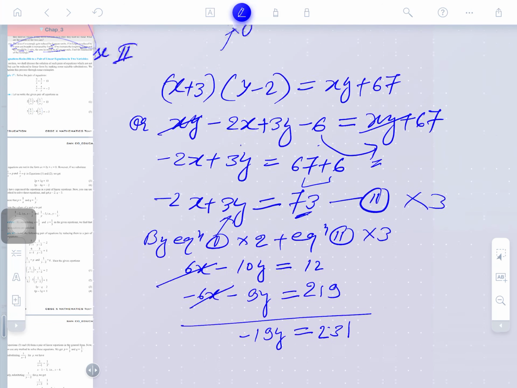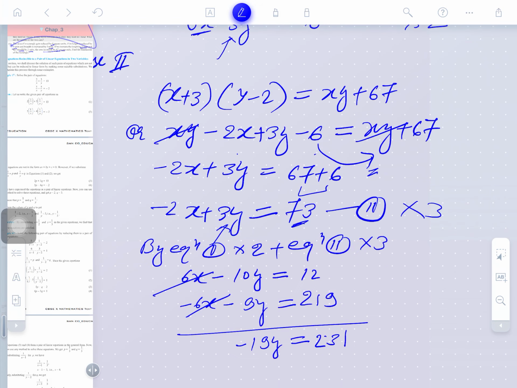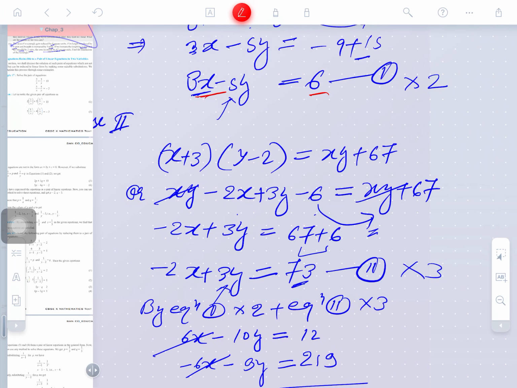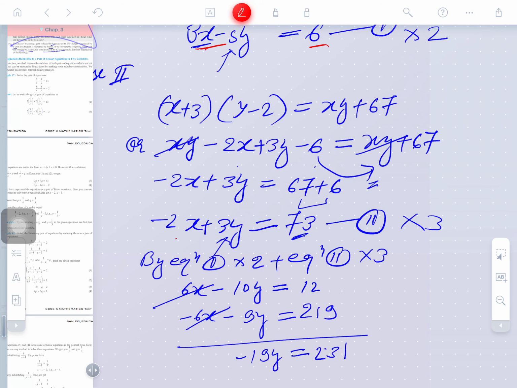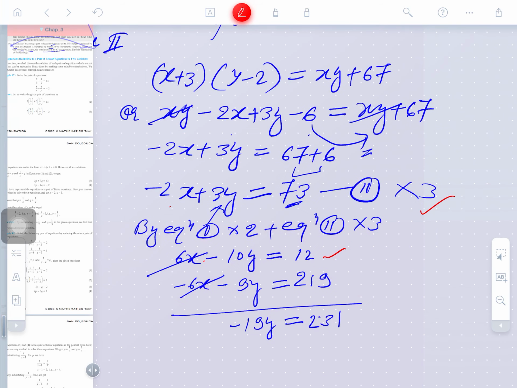So can it be cancelled here? Tell me please, what is coming here? 3x minus 5y is equal to 6, and 6x here. So here you may see the coefficient: 3x minus 5y is equal to 6, and the second equation is this, minus 2x. We are making the equation, so we have multiplied this by 2 and that by 3. So 2 threes are 6, 2 fives are 10, 2 sixes are 12. Correct. 3 twos are 6, 3 threes are 9, 3 sevens are 21. It is also correct here. So adding them, minus 19, or what's coming here? This 231. So negative 231 is coming here.